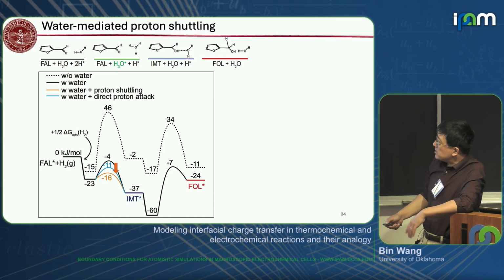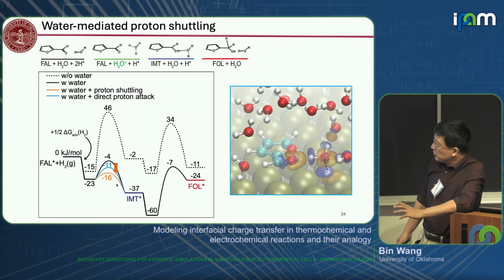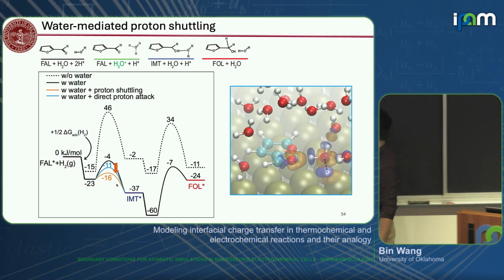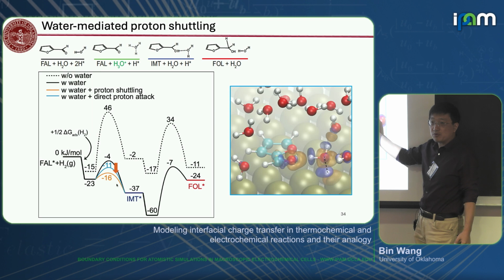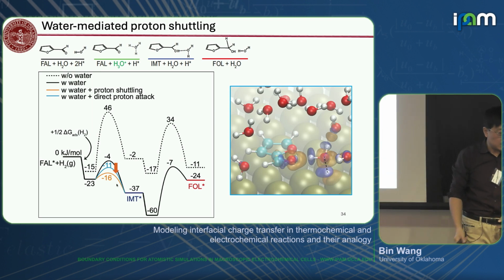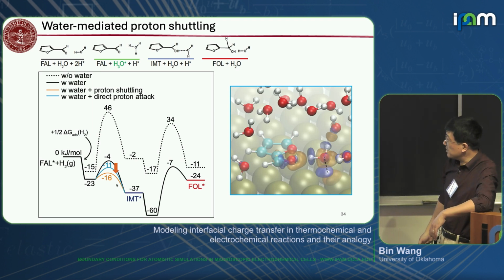And in fact, not only the first shell water, even any water at the interface can do the job. The water can pick up the hydrogen and transfer the proton. Here we just pick another water, and now we show that the barrier can be further reduced. If you look at the transition state and do a charge transfer analysis, you can show that there is a positive charge associated with the H3O. So it's more like a hydronium ion mechanism.